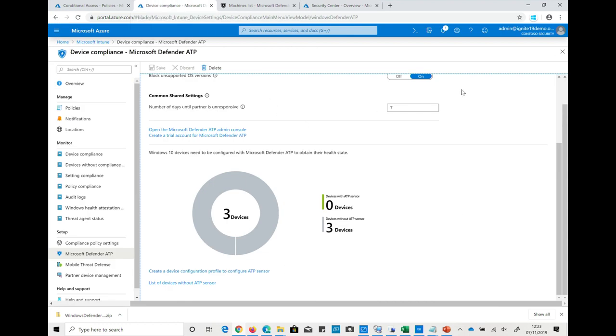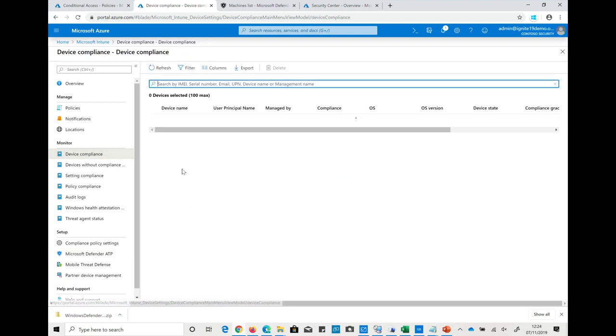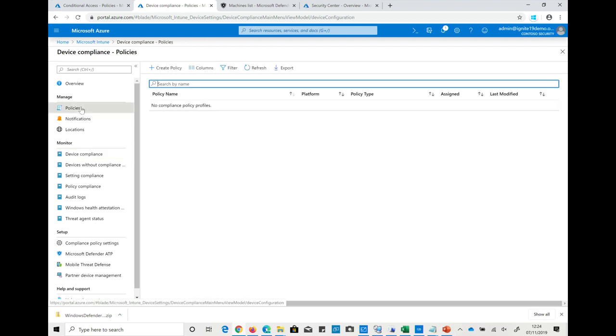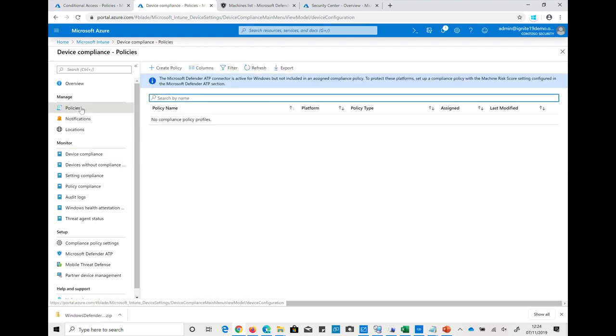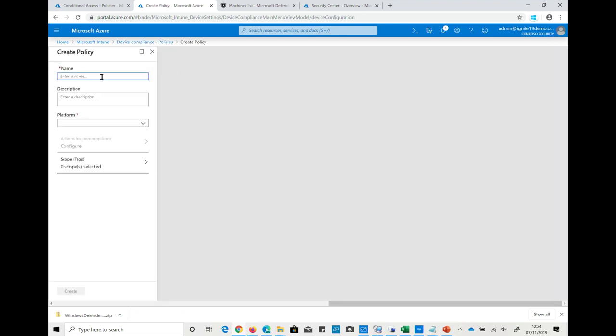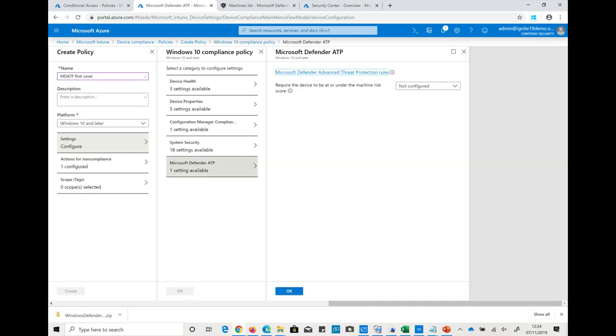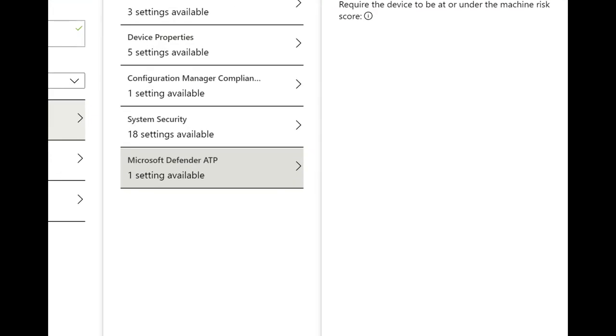Intune. Let's have a quick look at some of the things we can do once we've onboarded machines. I can go into Intune, and at the moment I have no configuration profiles. I could create a configuration profile. Let's call it MDATP risk level. It's going to be a Windows 10 and later configuration policy. And under the configuration, I'll just zoom in on that, I have a Microsoft Defender ATP